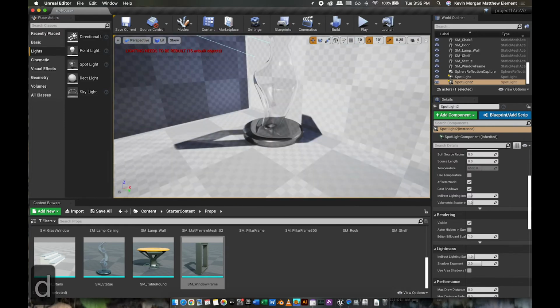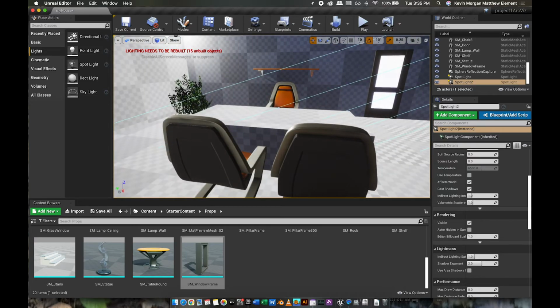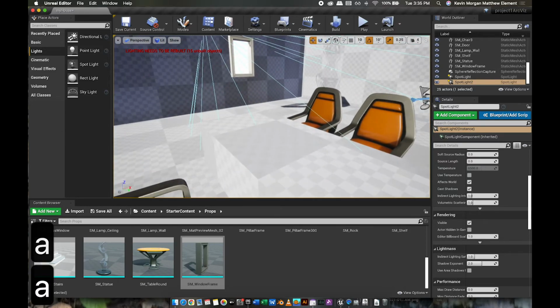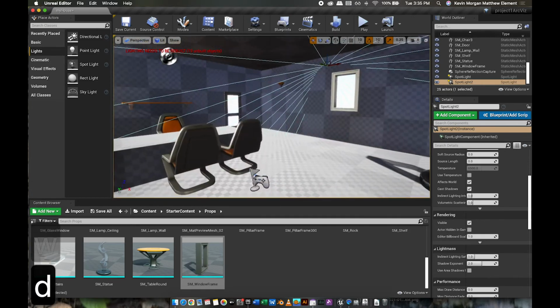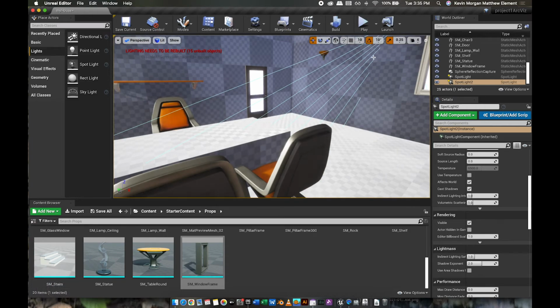I think we're good. I've got one point light over here in the corner. I've got a spotlight coming in. I've got a sun system already pushing some ambient lighting from the outside. Now we should be good. So if I press play right now, things aren't going to look great because when we get to this point,